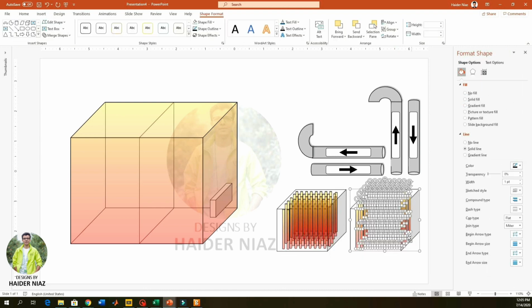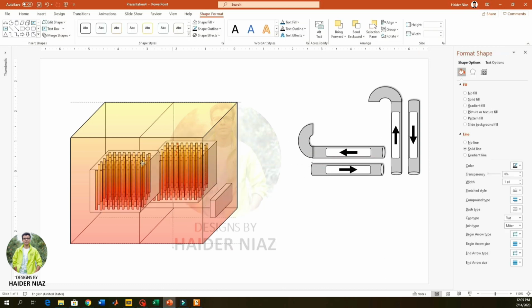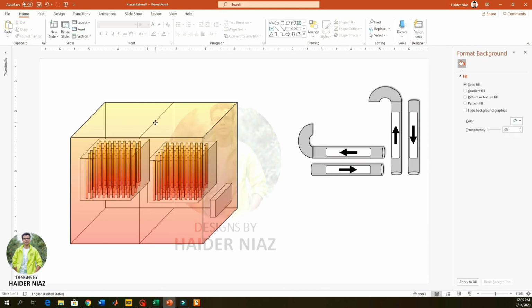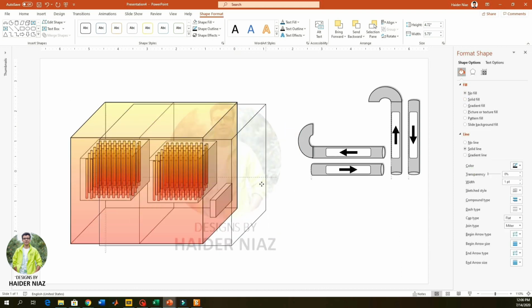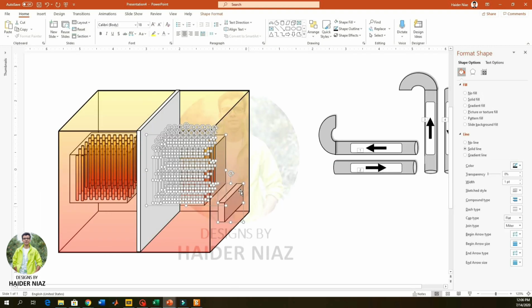block. Now I'm adding the animation colors and the gradient for the pipelines. I'm going to adjust the pipeline inside the box so that it fits properly. Now one thing is that I need to make a solid background in the middle so that it looks like that there is a partition between the two chambers of the heat exchanger or the combustor actually. So now the section is added.